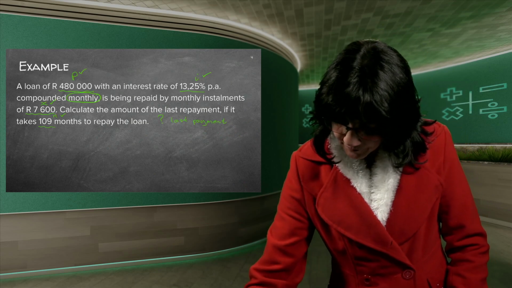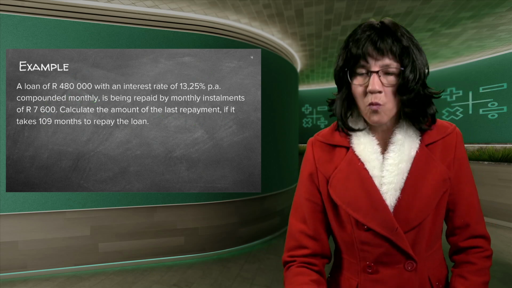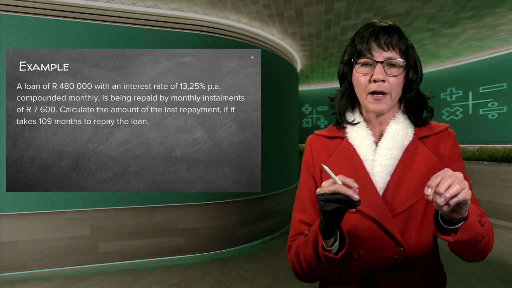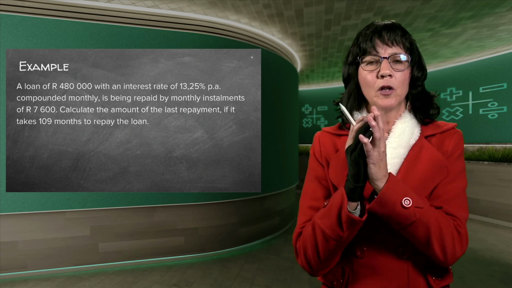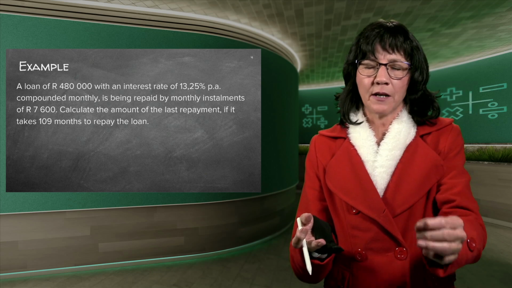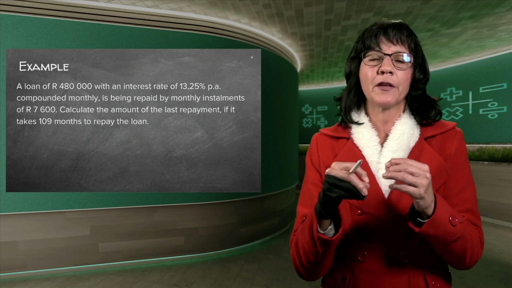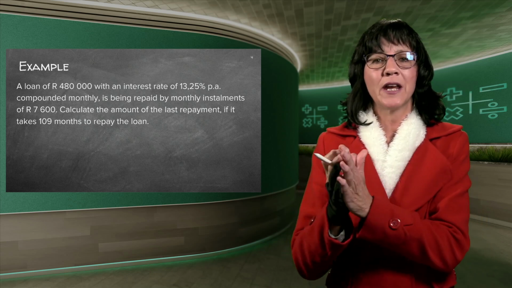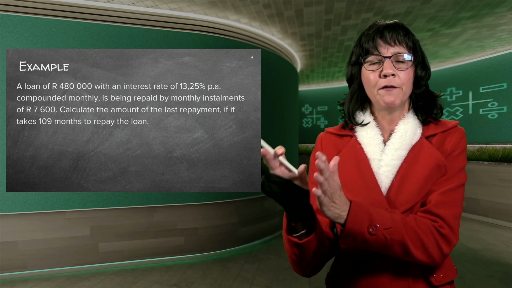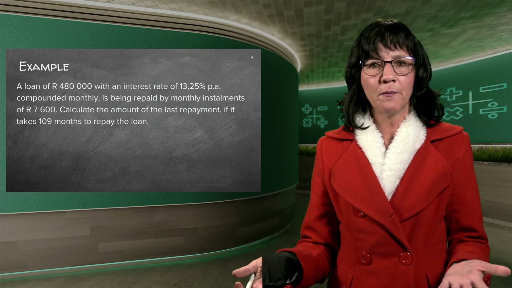Let's just make sure that we've taken off all of these so that you can think for yourself. So there's just one new thing you need to remember. If you want to find out the very last payment, which is normally a little bit less, because for a bank, you're not going to pay back cents every month. They're going to round it up. So you're going to pay a little bit more every month than you're supposed to pay. So by the time you get to the second last payment, there will be a smaller amount left over than your normal monthly payment. And to work out that amount is what we did now.